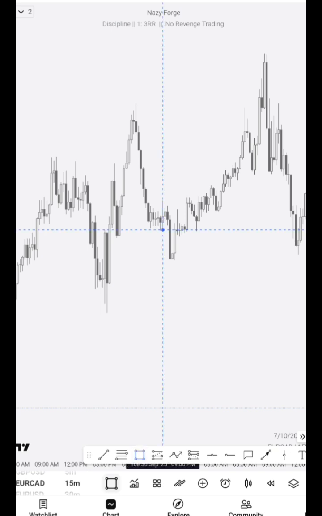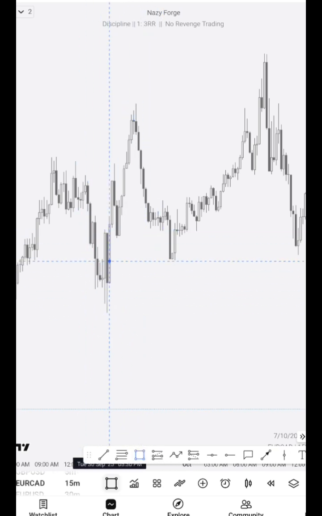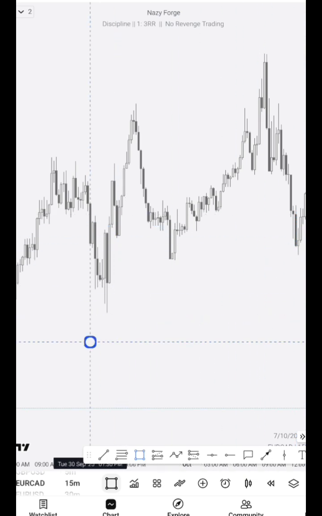And I also mentioned that you always look for your major swing lows. This is a swing low. Are you there? This is a swing low. This is a swing low here. So when you